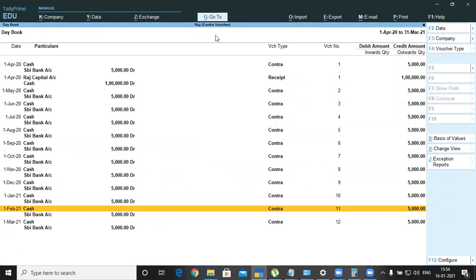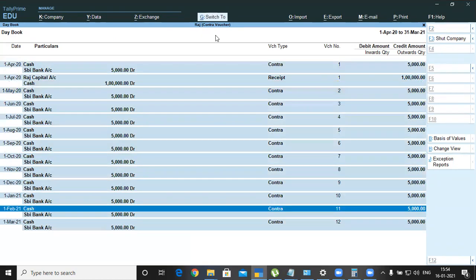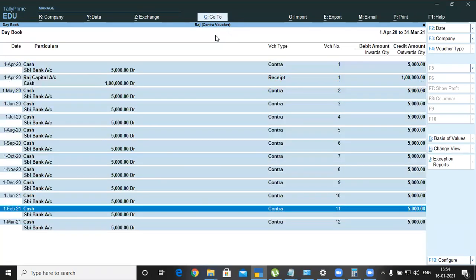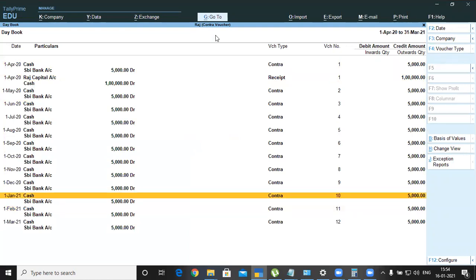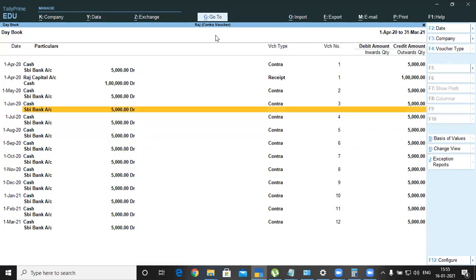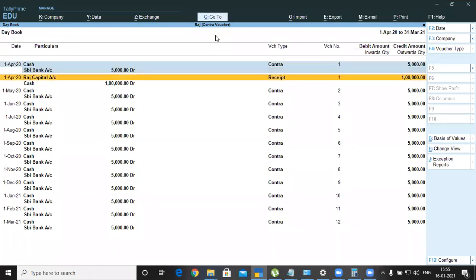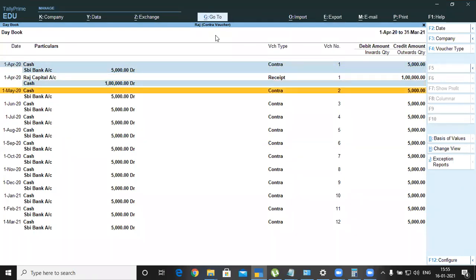Okay, and to select all ledgers, all voucher types whatever we have used, press Ctrl plus space bar to select all at once, Alt plus D to delete all at once. Or else again press Ctrl space bar to deselect. And one more: just press space bar to select an individual line item.